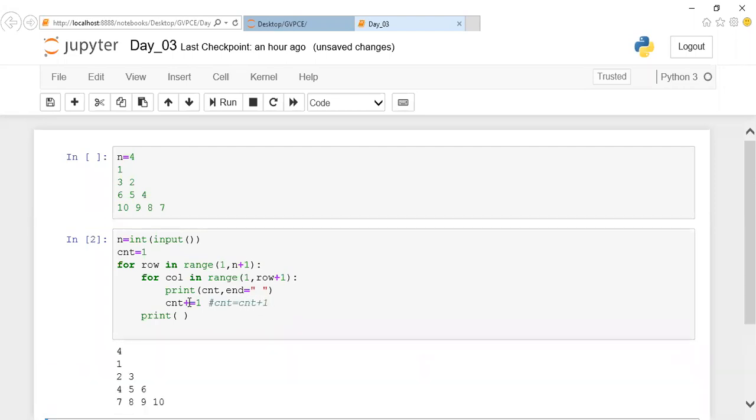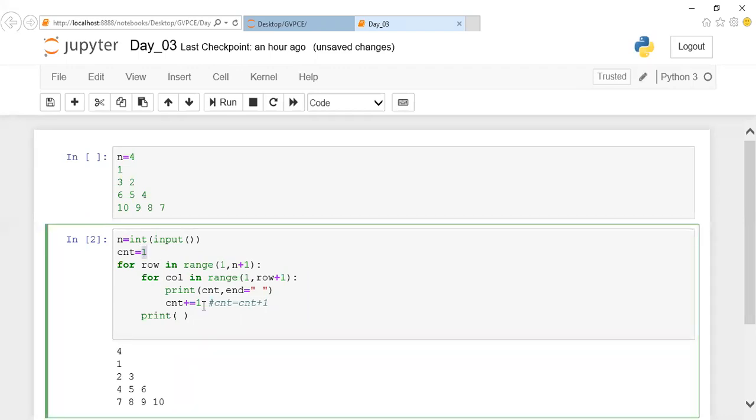So if I give 4, now you can notice that you're getting the pattern. Initially count value is 1, 1 will be printed, then incremented, 2 prints, and this process continues. So 2 and 3 will be printed, and in the next iteration 4, 5, 6, 7, 8, 9, 10. I'm just initializing the count value and printing it, incrementing for each and every iteration. So the series 1 to 10 is printed.